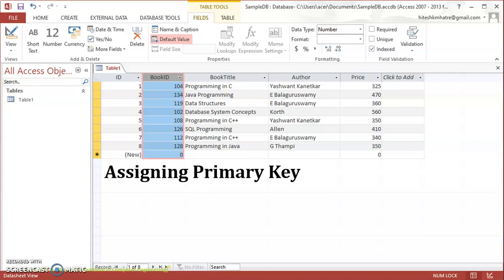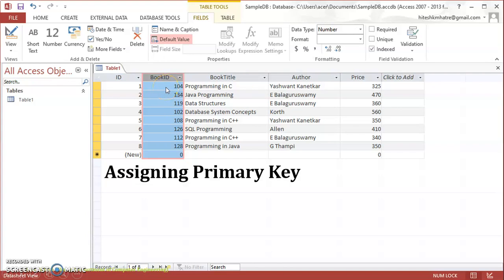In this Book table, only the Book ID can identify a particular book, because there can be book titles of the same name, authors can be multiple as we can see here, and the price can also be the same, like we have here 350 and 350, so you cannot uniquely identify a book by those. So Book ID is important to identify a book, and it is unique